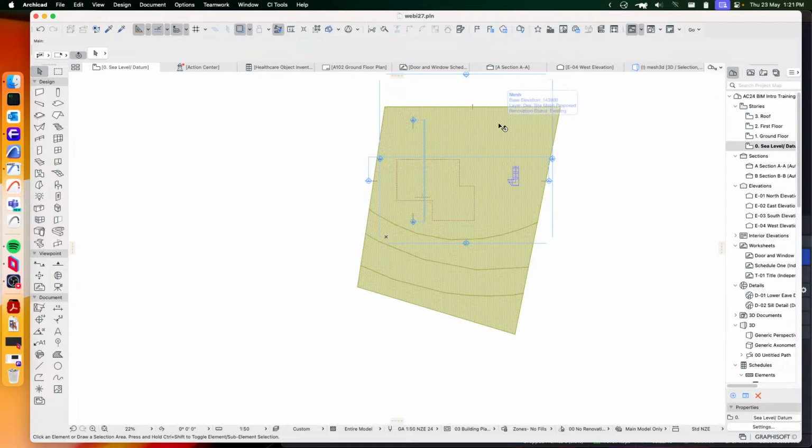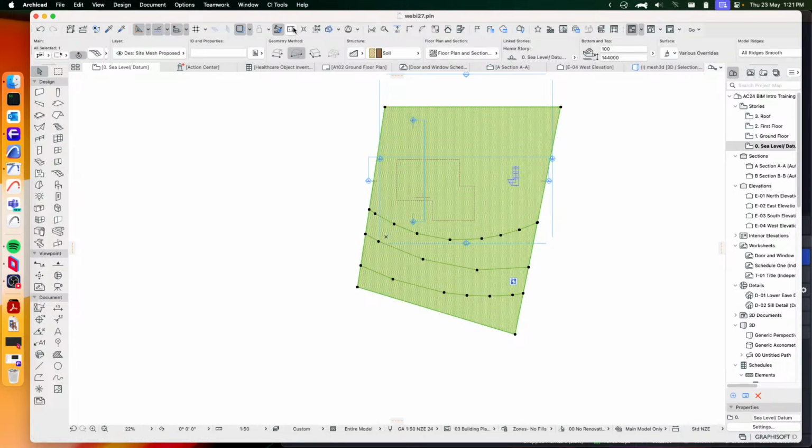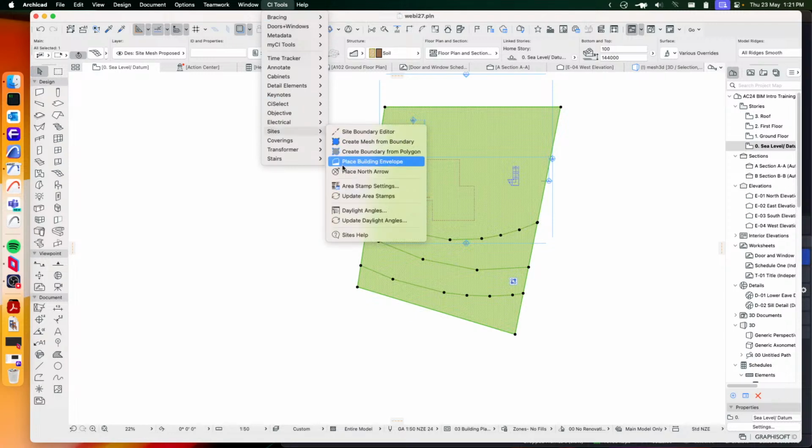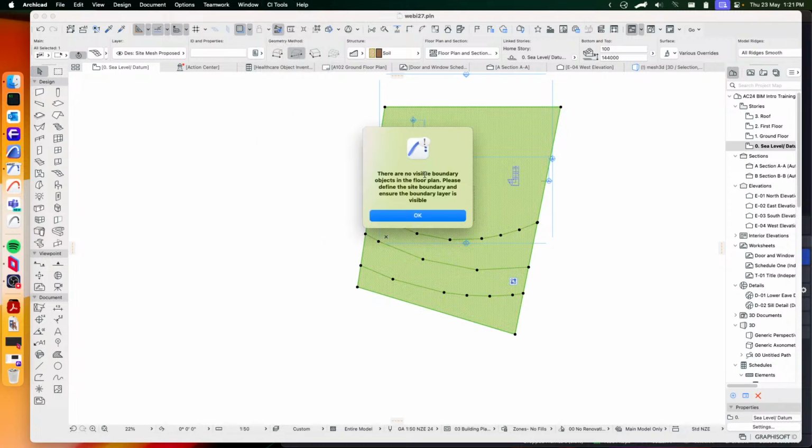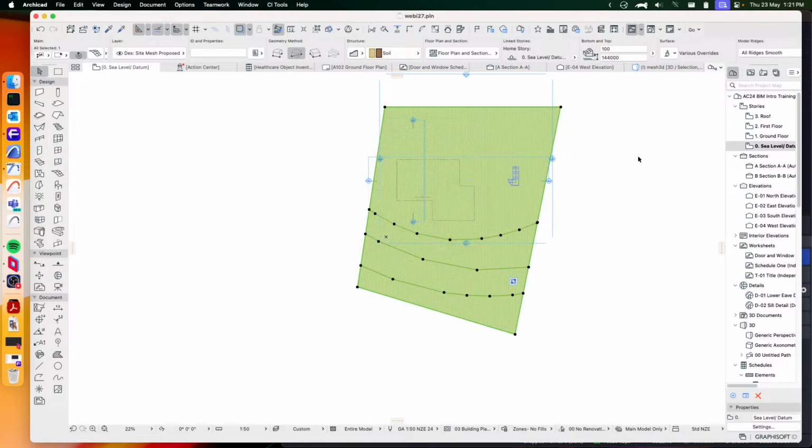But what it's going to do is elevate a shape over the top of our mesh, showing us the plane that you can't cut through, basically, so that you can easily see if your building is inside it or not. The way that it works is you just select your mesh, go to CI Tools, Sites, and choose Place Building Envelope. It'll ask you what your rolling height is,